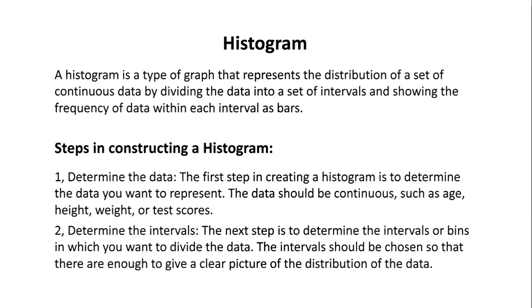Steps in constructing a histogram. 1. Determine the data. The first step in creating a histogram is to determine the data you want to represent. The data should be continuous, such as age, height, weight, or test scores. 2. Determine the intervals. The next step is to determine the intervals or bins in which you want to divide the data. The intervals should be chosen so that there are enough to give a clear picture of the distribution